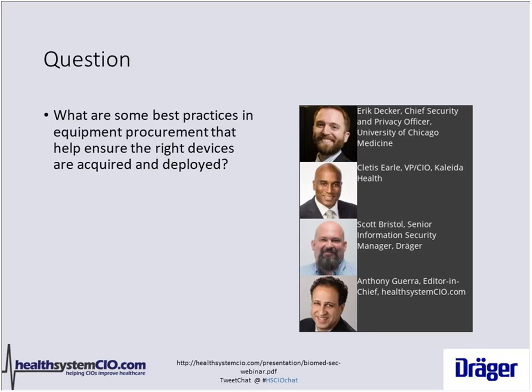So I would take the spin that you really have to work with your operators, your hospital operators, your presidents, your medical staff, the individuals throughout the organization, your nursing, your educators, on how medical devices can potentially compromise care. It goes back to education, being able to clearly articulate the level of impact in the event of something occurring. Not that we are trying to be draconian and totalitarian to tell them what they can and cannot do. We're not clinicians in many cases. We're here to help, but knowing that if they don't take the right process in adopting the protocol that we're putting in place, it would in essence compromise the care